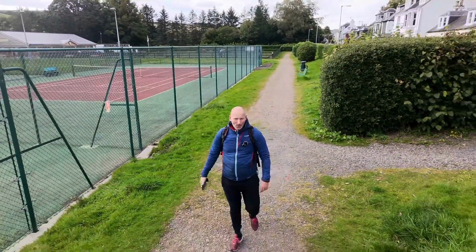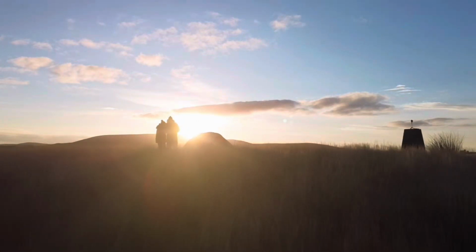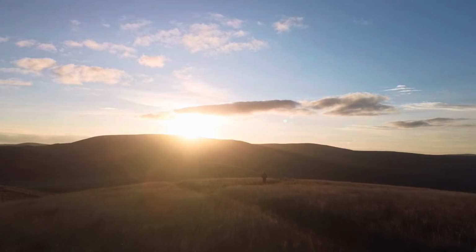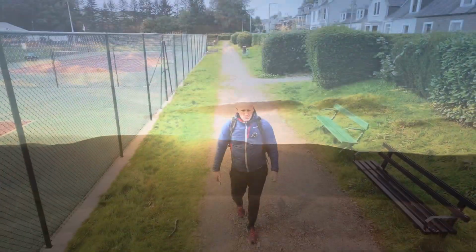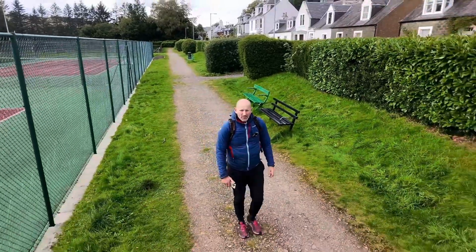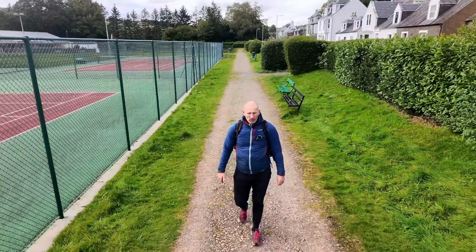Obviously had to get the drone up, so I really wanted to capture the sun just coming over the horizon. The heart fell looking up. It was spectacular. We had a little bit of condensation that we dealt with, and then we got ourselves settled for an hour or so,